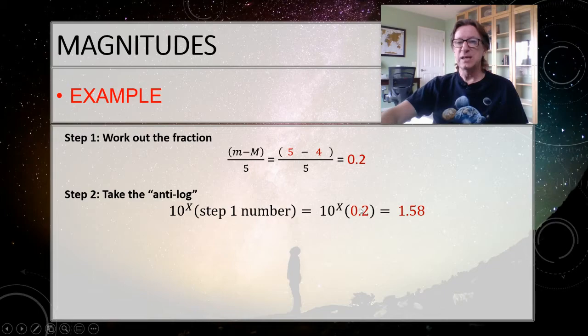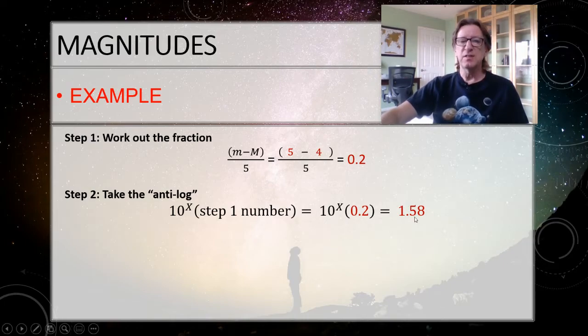We're saying take that 0.2 and then hit the 10 to the x button, or maybe it's hit the 10 to the x button and type in 0.2. All right. When you do that, you should get 1.58. So whatever you need to do on your calculator to get that. If not, you're probably going to need to get some help. So come by Live Help and we'll figure it out.